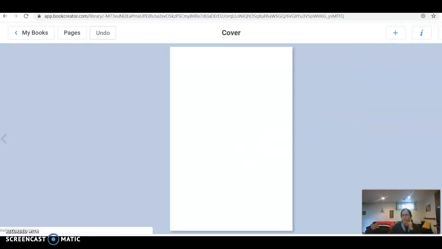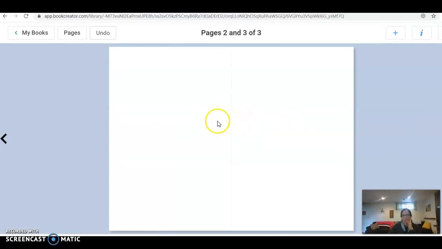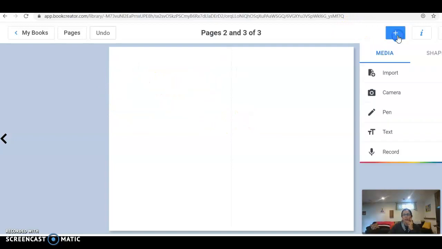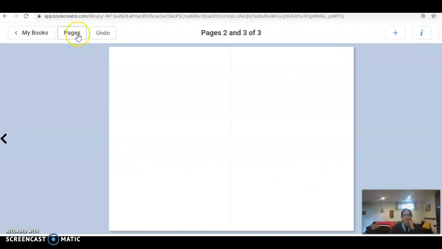So in the next page, okay, so you have 2 pages here. The first page, this is where you would import your pictures, and then underneath is where you would write your story. Okay. Once you're finished with your book, you are going to record yourself reading the book. Okay. And once you're done recording,